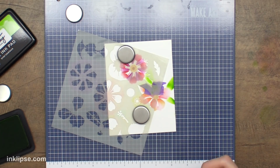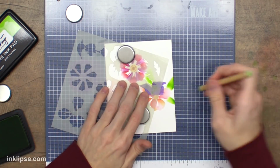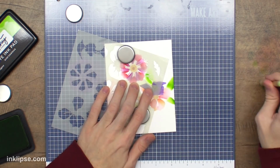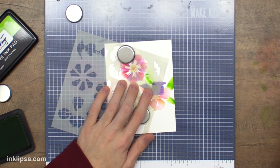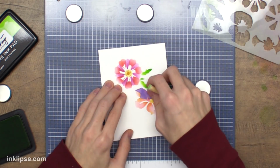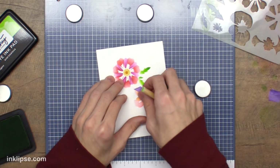And then I'll bring Later Gator in as well. This is that darker green. I'm just going to add a little bit of shading around these flowers, and right where it hits that hibiscus, I'll add a little bit of a dark shadow there too, since that flower would cast a shadow onto it. And then once I pull off these pieces of tape,